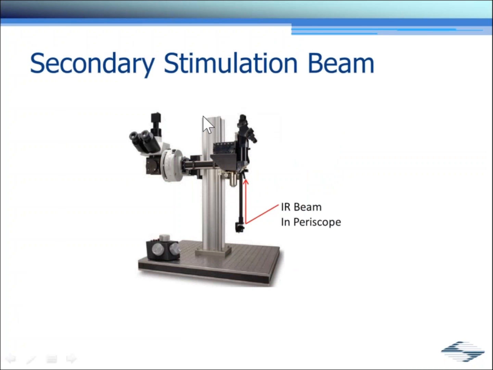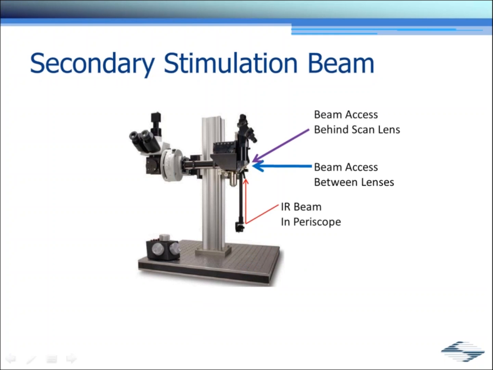All right, I also want to discuss a little bit more about the flexibility of this system. So here we're looking at the Sutter MOM. I had mentioned that we have access to the beam path in a number of ways, so I'd like to point out some of that flexibility right now. I've got a little red arrow drawn here, which shows our infrared beam coming in. It would come into the periscope and go up to the microscope head for two-photon imaging. And a moment ago, I also showed you a beam combining cube that could be used to input another beam in the side. So you have that access as well.